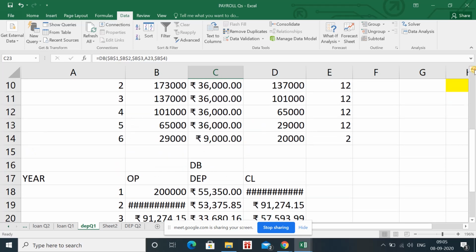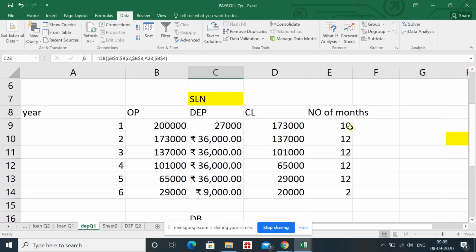So we have already discussed that for the first year you are using, suppose, 10 months, then in the last year 2 months, and why we are using one more year: if the life of the asset is 5 years, then why are we using 6? ये हम already discuss कर चुके हैं that life of the asset is 5 years, but for the first year we are using just 10 months.